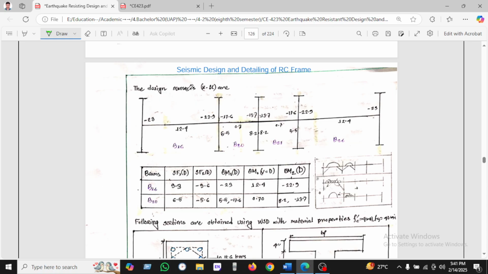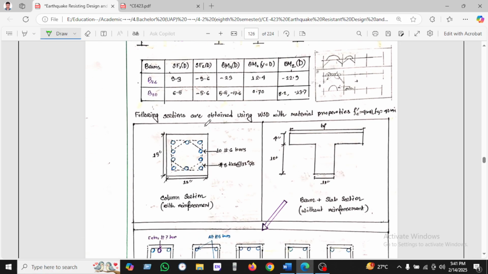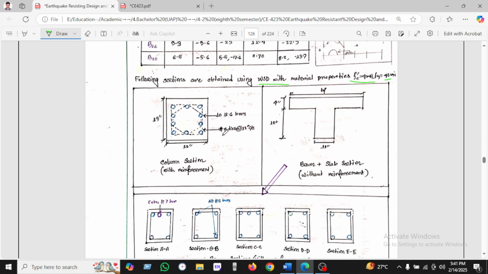So we've been seeing here the design moment for which a fit is given. The combination is also given here, and the following sections are obtained using the material properties given for 3 KSI and 40 KSI. We have number 3 bar ties at the rate of 12 inches center to center, and here number 4 bars are used. The column section is with the reinforcement. We have been seeing the beam and slab without reinforcement,